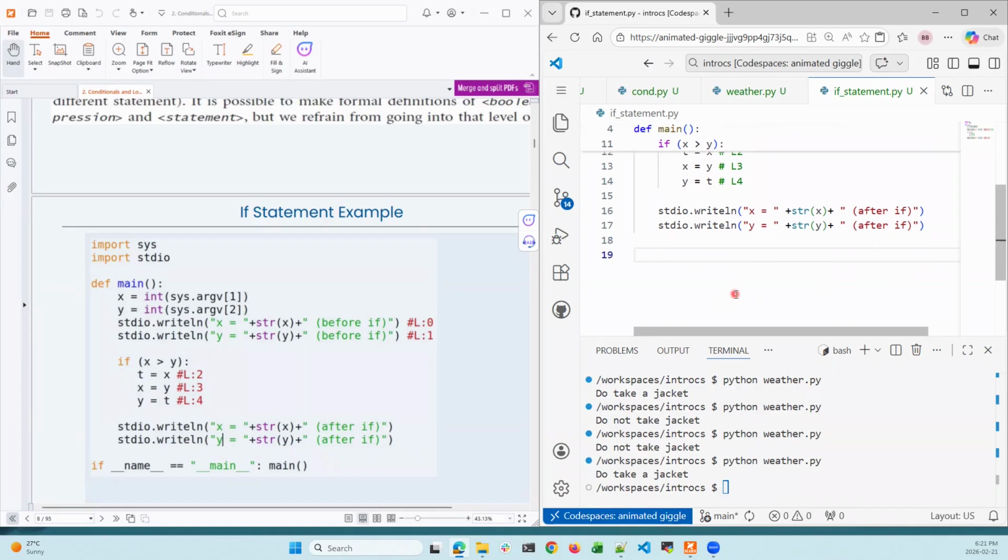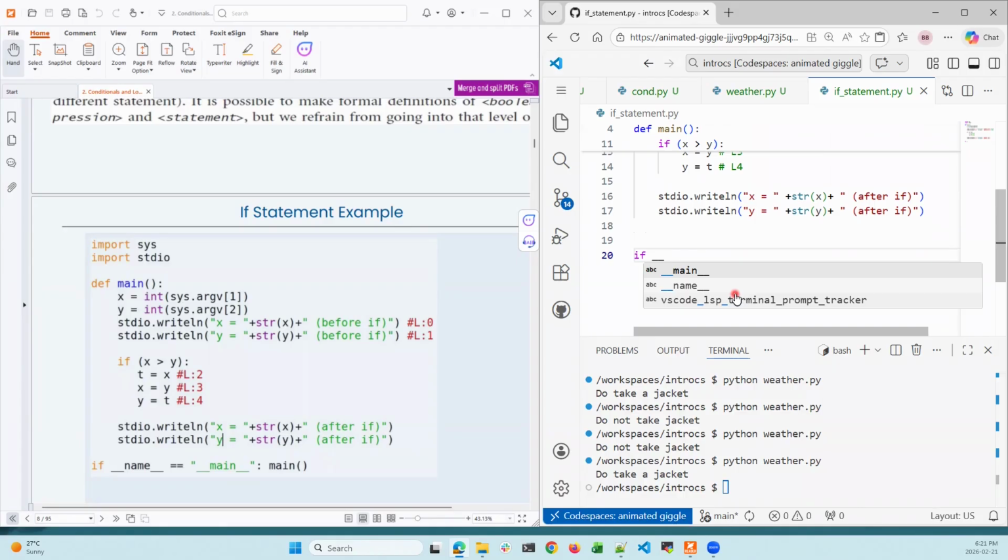Now let's write out our entry point for this Python file. Name. This is actually also a